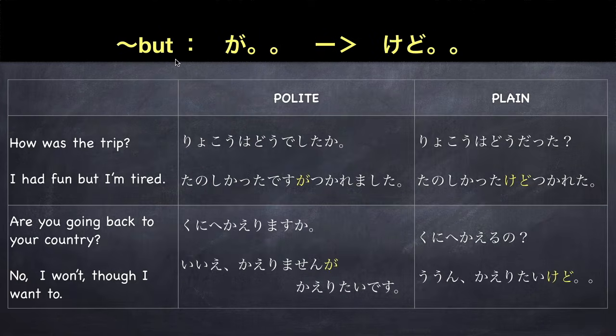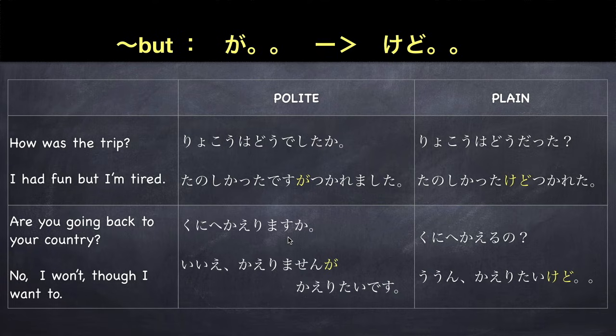And lastly, the word but or が. In plain form, you can use けど. For example, how was the trip? 旅行はどうでしたか? 旅行はどうだった？ I had fun, but I'm tired. In polite speech, we say, 楽しかったですが、疲れました。In plain style, we can say, 楽しかったけど、疲れた。